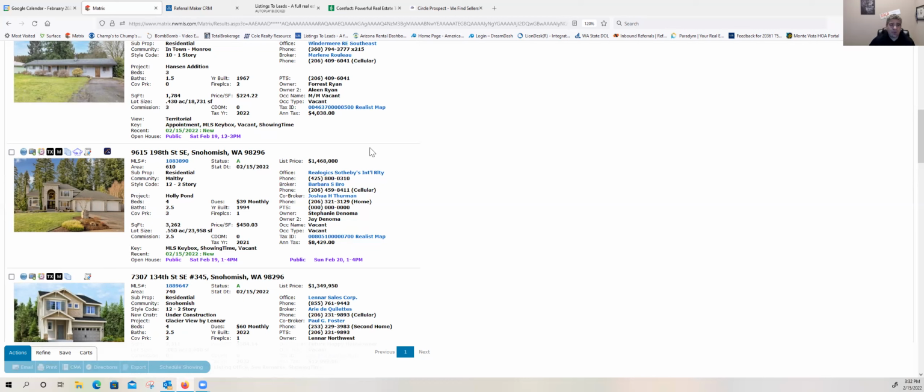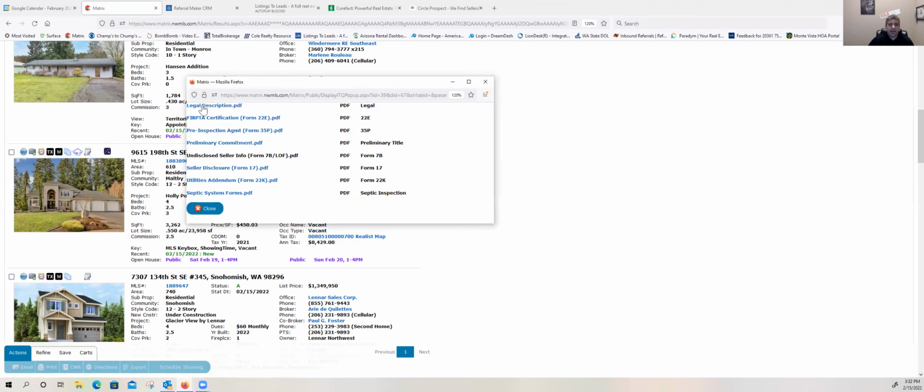So the first thing is I want to look at my supplements. Okay, and here's the supplements. I want to see what they've provided. So let me show this to you. They have provided the legal, the Ferpta, a pre-inspection agreement, meaning if I want to have a pre-inspection on the home, the agreement's on here. I have my client sign it, I sign it, we send it back to them,